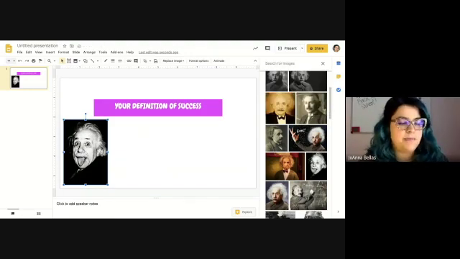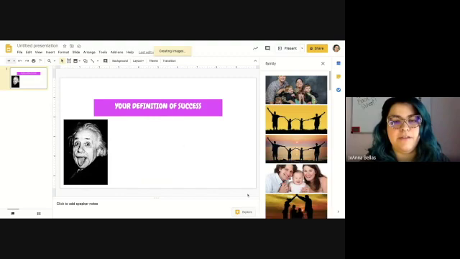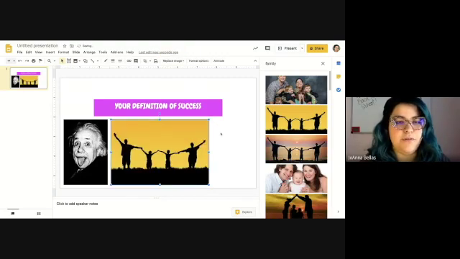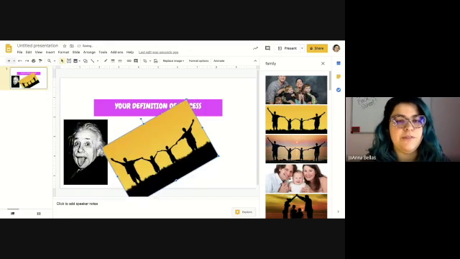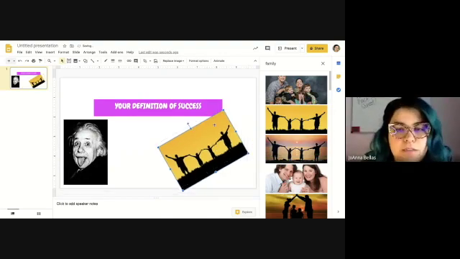Then you start thinking about other things that have to do with the definition you put on there. Maybe another part of success is having a family. Click and drag. Bam. Second photo done. You're going to keep filling it up like a collage. And then of course you can get all fancy and change the angles and the sizes and the placements and stuff.